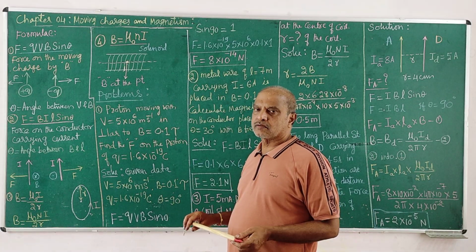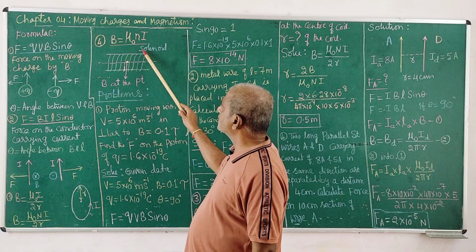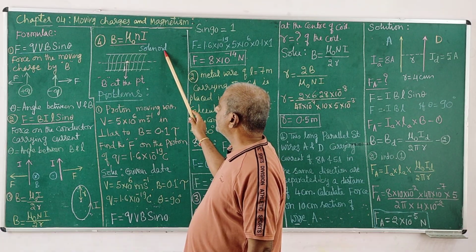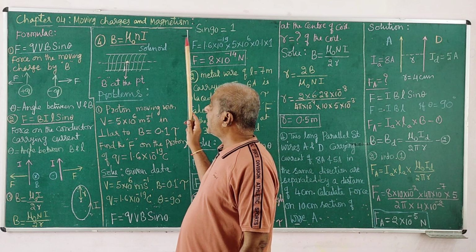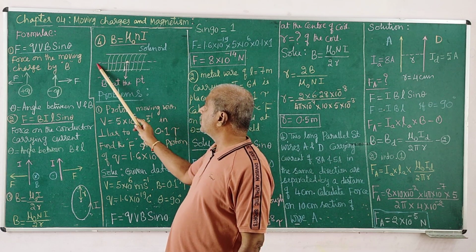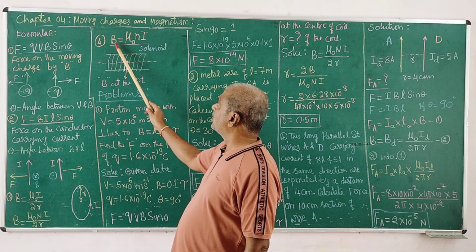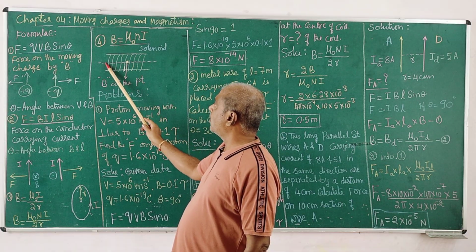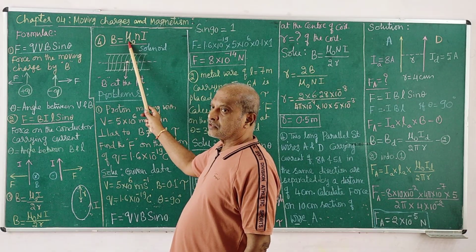Wire is wound around a cylindrical shape. It is called a solenoid. When current is flowing through it, we always see that a magnetic field is produced along the axis of the solenoid. The intensity of the magnetic field at any point on the line is given by this equation, B equals mu naught, the constant of the